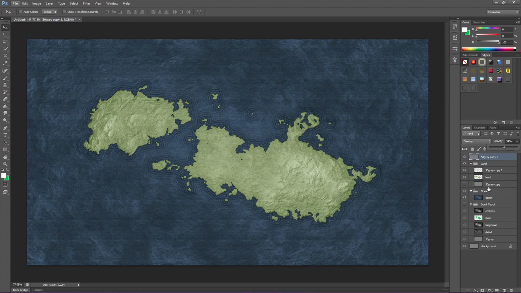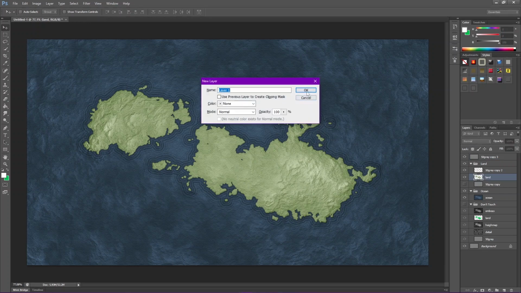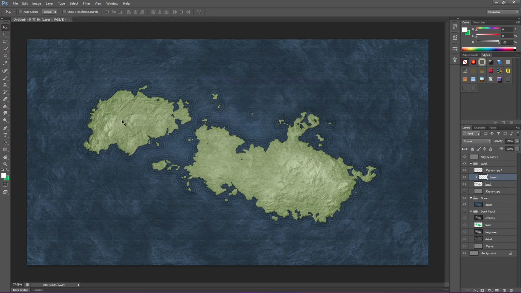You can, as always, go in. Here's my land layer. I'm going to create an invisible layer on top of that and clip it to that, and then you can come in with your color paints and start. Oh, I'm still at very low opacity. Let me set that up to something I can actually use. It's only a tutorial, so I'm going to be quite speedy with this, but you can now, that's very bright,